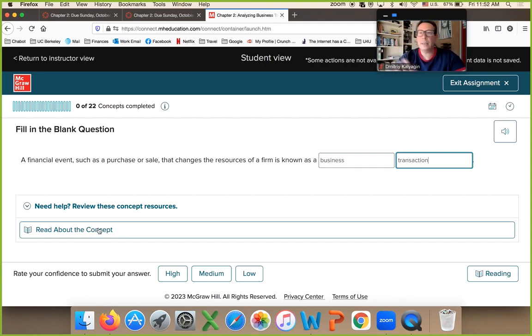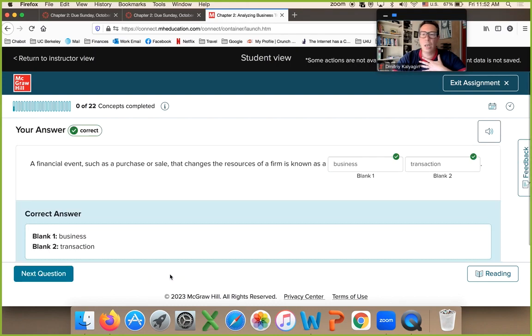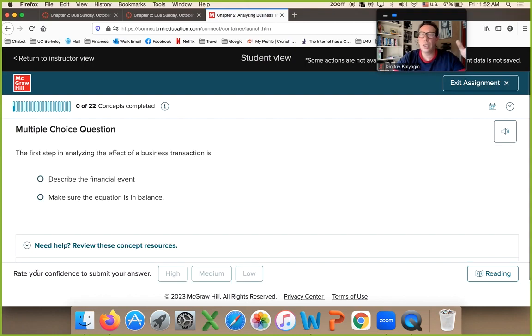You click on this, it takes you to the book to read about this concept, and then you rate your confidence, how confident you are. And so it's correct, and I keep going. If it's incorrect, it does not punish you. It will just ask you different questions on the same concept until you get it.